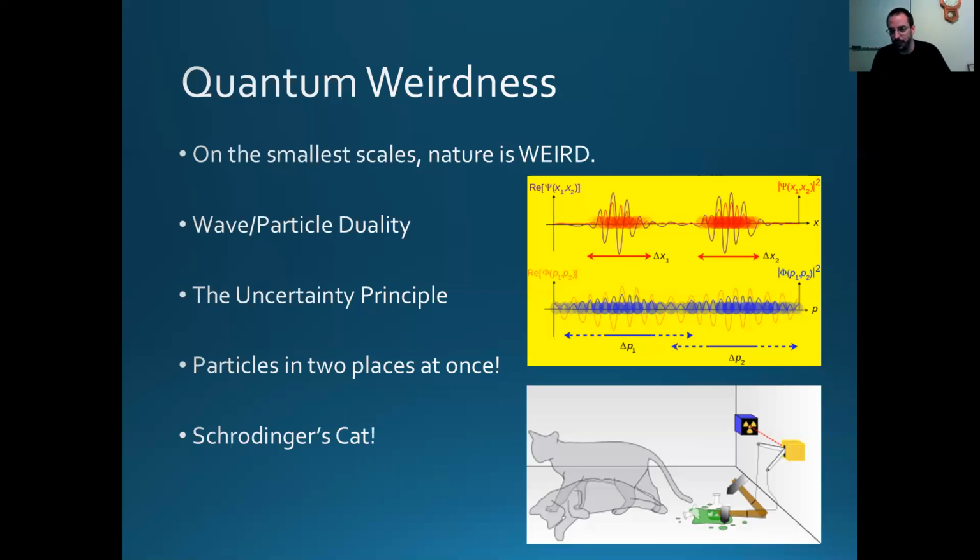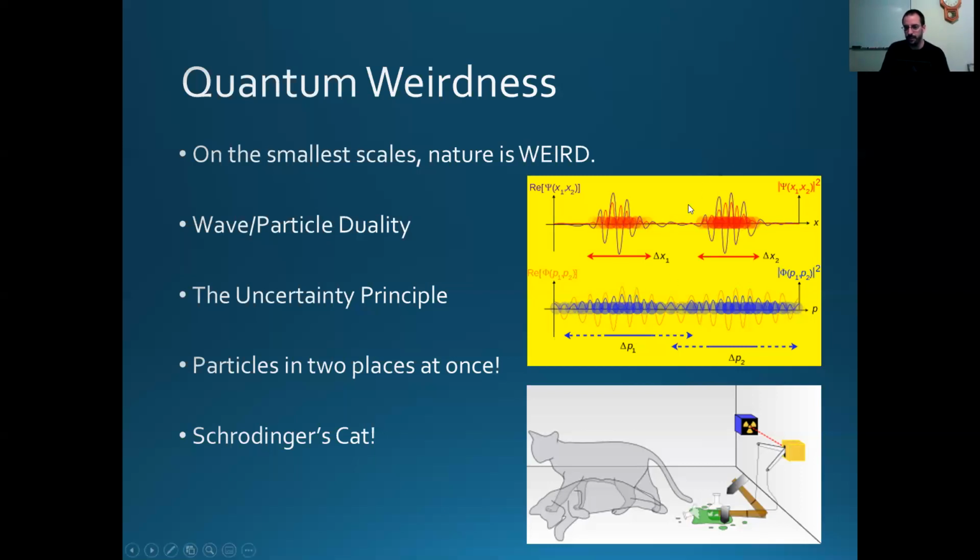We have something called the uncertainty principle. There are things that you cannot measure at the same time. If I measure the exact position of a particle, I don't know what its momentum is. If I measure its momentum, I don't know what its position is, because the very act of measuring that particle disturbs the system. The very act of observing something changes a system. The system has what's called a wave function, which is a nebulous thing which spreads out through space. When I observe that wave function, I collapse it. I cause it to collapse to a completely different wave function.